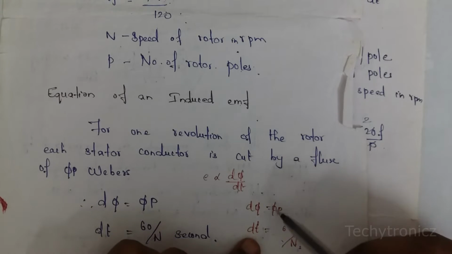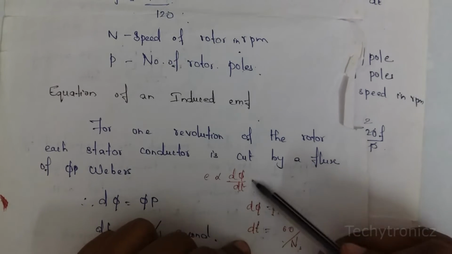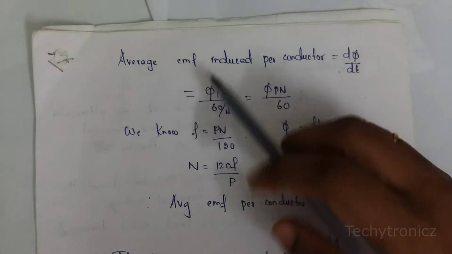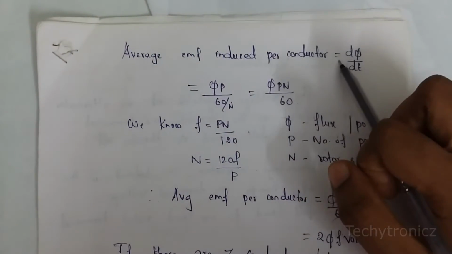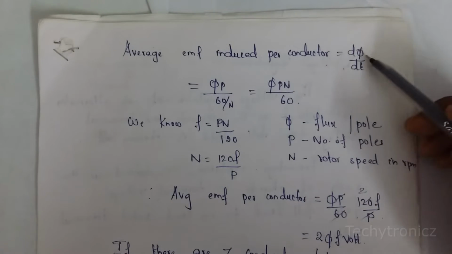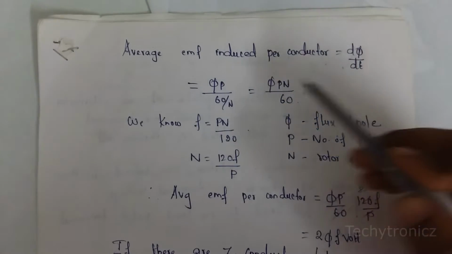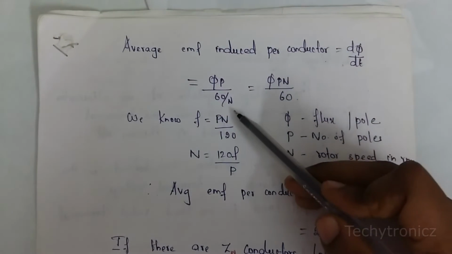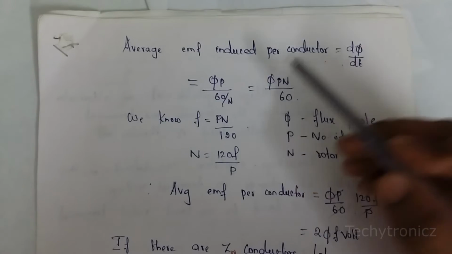Now you can substitute these values in dφ/dt. Therefore the average EMF induced per conductor is dφ/dt. The value of dφ is φP and the value of dt is 60/N, which gives